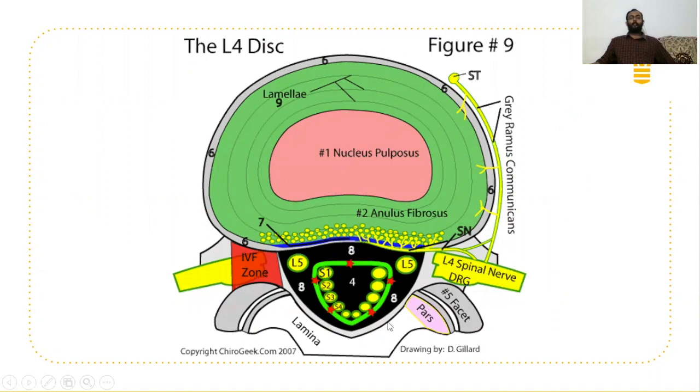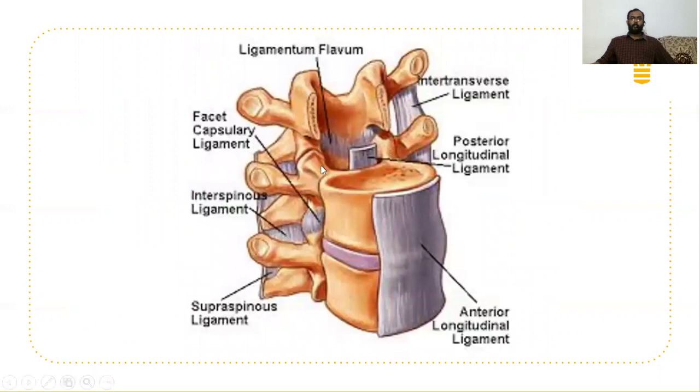Connecting the laminae of each vertebra, there is ligamentum flavum. This ligamentum flavum thickening also causes spinal canal stenosis. Facet joint arthropathy causes neural foraminal stenosis and also spinal canal stenosis. So this terminology and applied anatomy is very important for better understanding and specific management of spinal disorders. Here you can see the pars interarticularis, which is the meeting point of the superior facet and inferior facet.